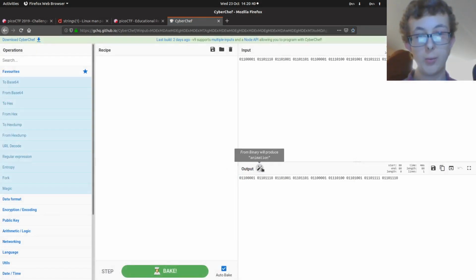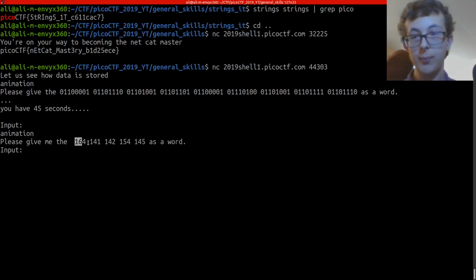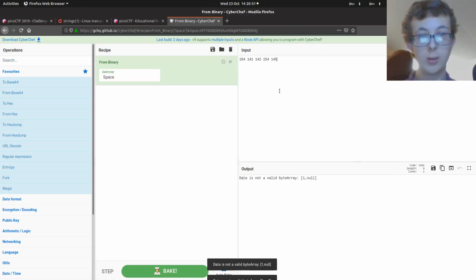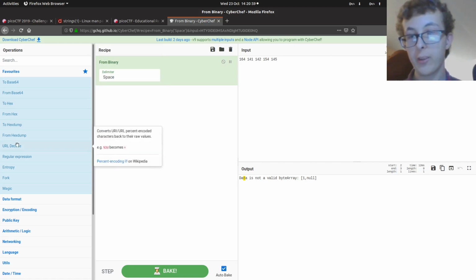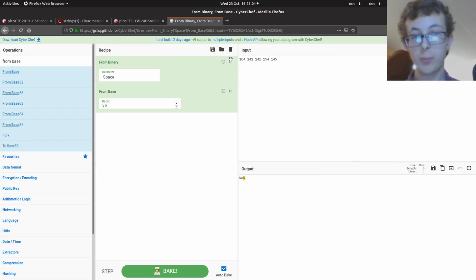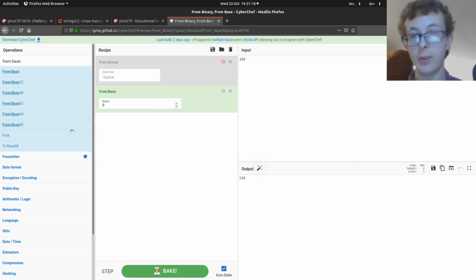We are going to paste it in. What do you come up with? Magic, that's easy. We're going to copy that. I'm going to say nope, From Base, so we need to search here, From Base. We're going to just stop that. The base is 8, I think. 116, and then